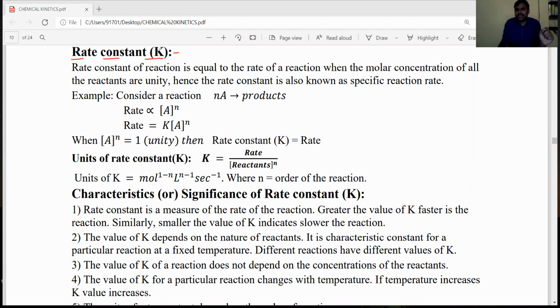Before discussing the rate constant, consider an elementary chemical reaction. Consider any chemical reaction where n moles of A is converted into product. For this reaction, the rate law, or rate expression, or rate equation, is determined experimentally. The rate of reaction is directly proportional to the concentration of reactants. Here A is the reactant, and according to the rate law,